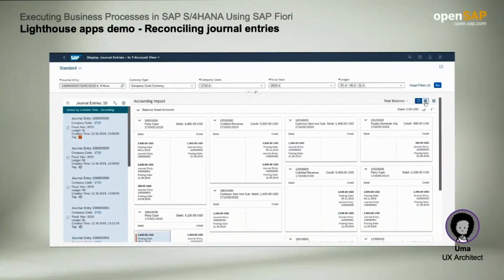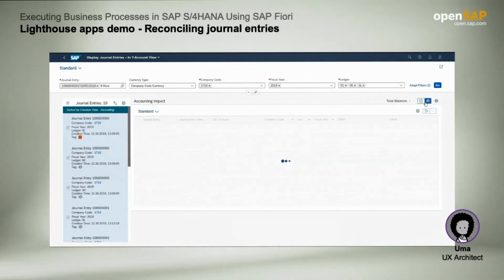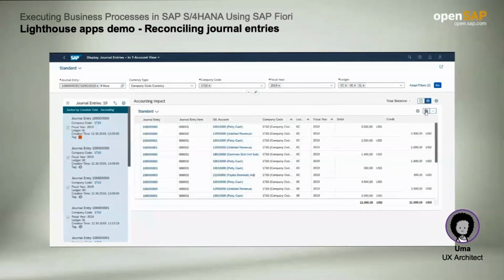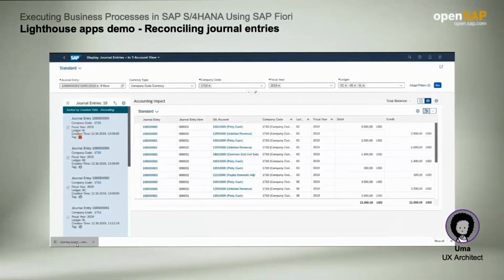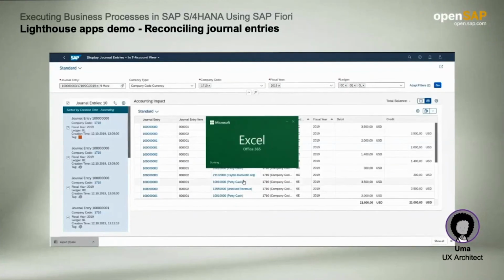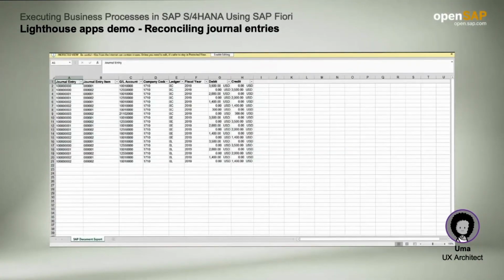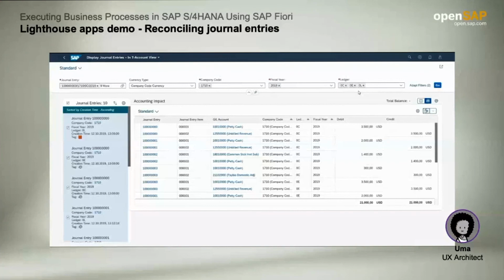The Display Journal Entries in T-Account View app allows exporting all the journal entries into a spreadsheet for further processing if required. They can click on the Table View Mode button and click on the Export button and save the Excel file that gets generated. You have seen here how an SAP Fiori Lighthouse app added immediate business benefit by simplifying a tedious task significantly.